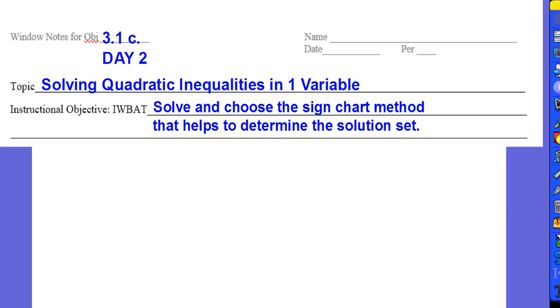Okay, guys, this is Objective 3.1c, Day 2. We're still solving quadratic inequalities in one variable, and your objective is still to solve, and then choose the sign chart method that helps determine the solution set. So that has not changed. However,